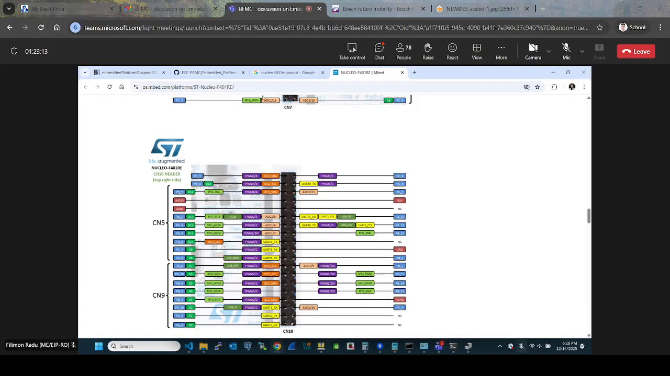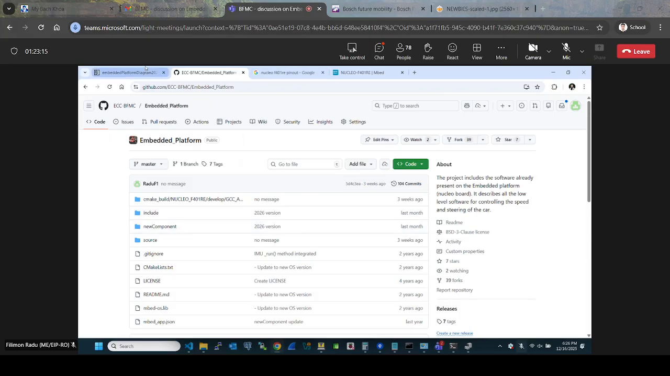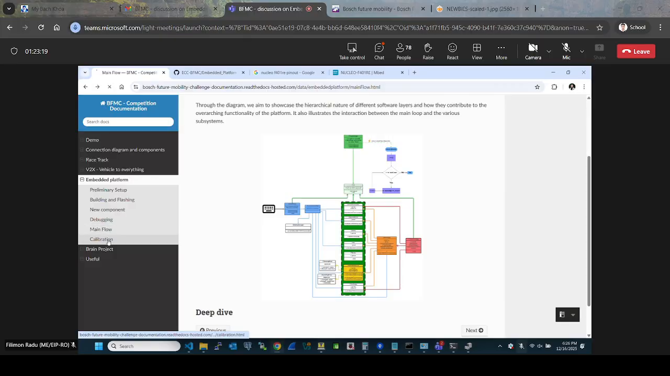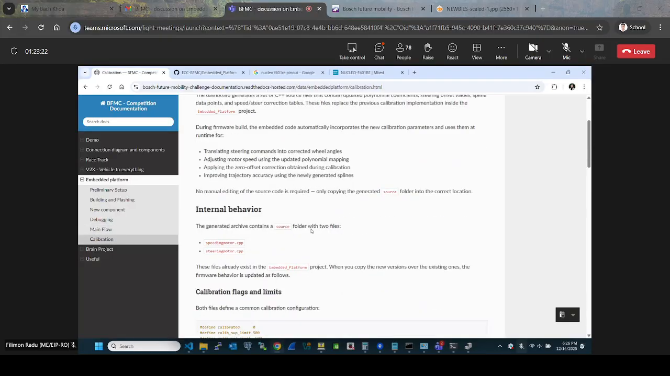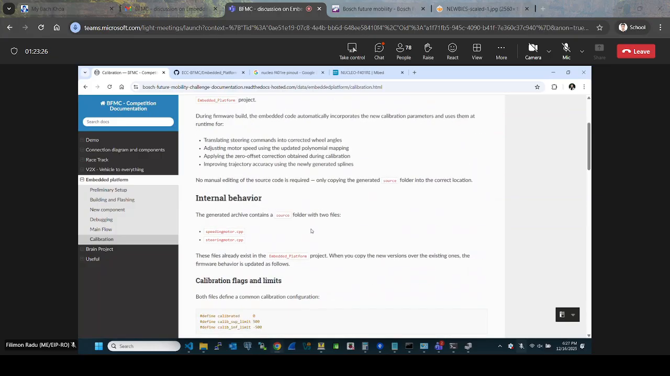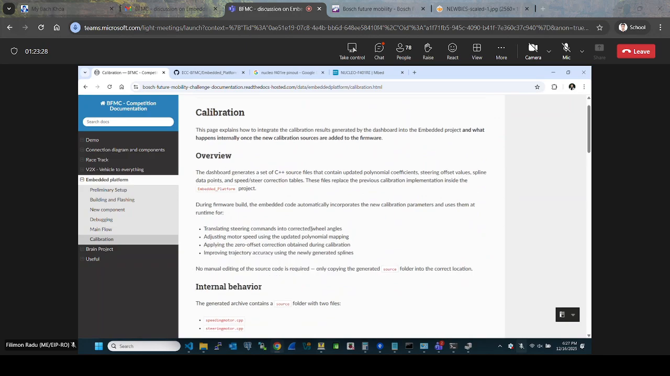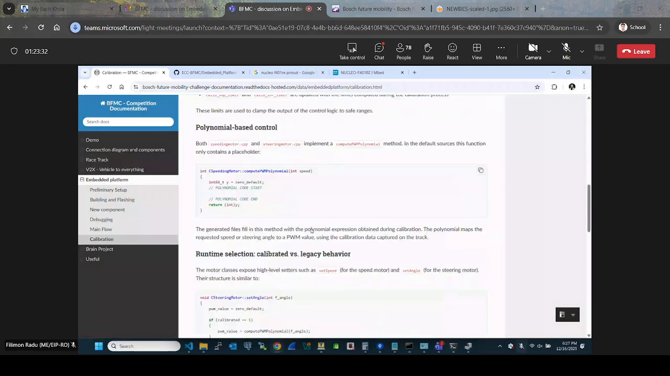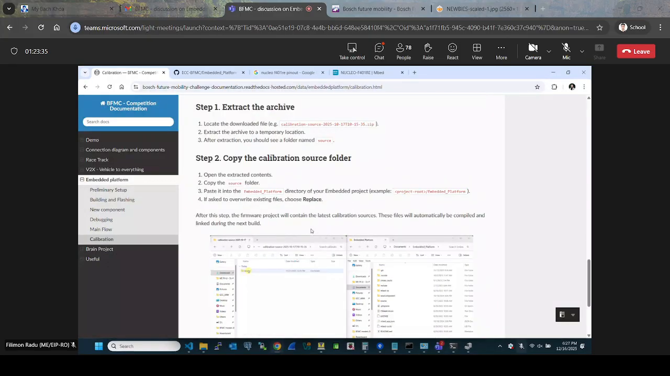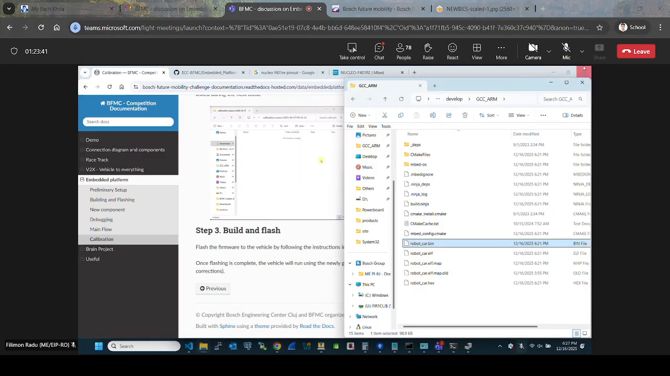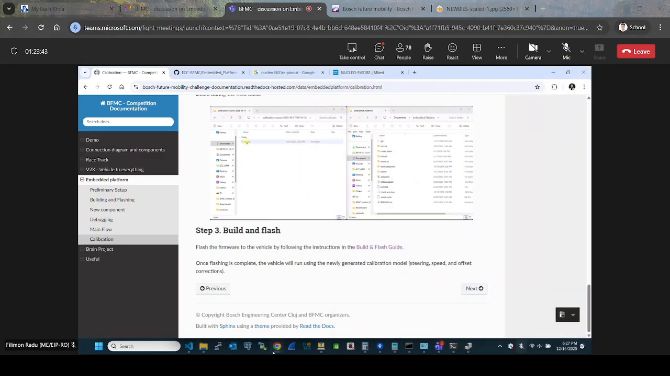Then let's go to the calibration. Let's have the documentation here. So yeah, here is a very well explained step-by-step guide. What do you have to do? But yeah. Also, before I do the calibration,